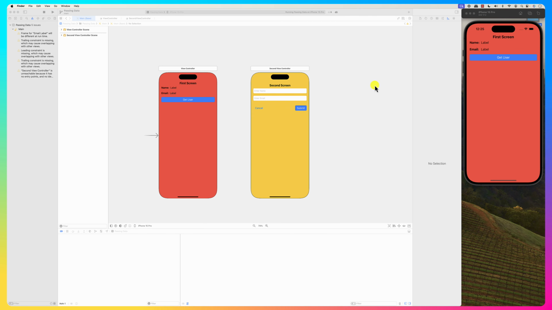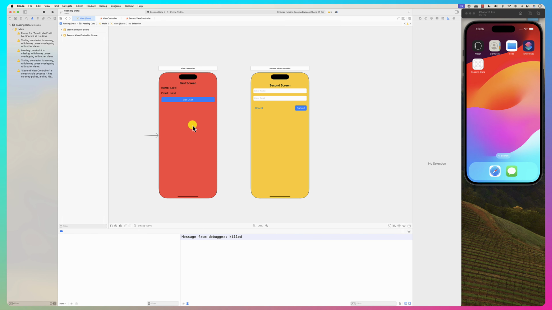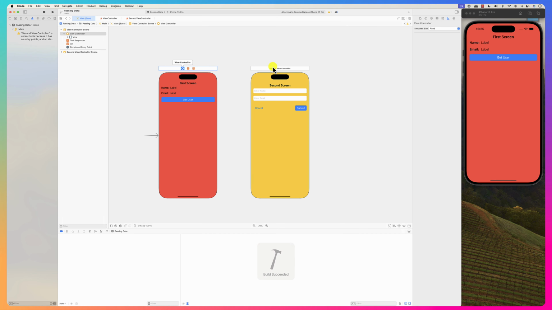Hello everybody. In this screencast we're going to look at how to send data back. I'm not going to use an unwind segue. I'm just simply going to use send data back. So basically I created these two screens, view controller and the second view controller, and you see